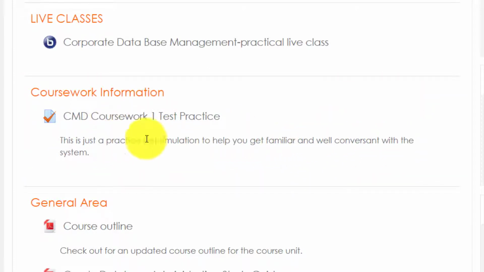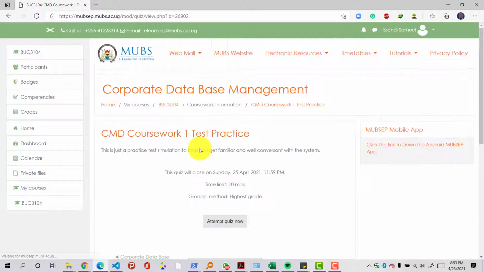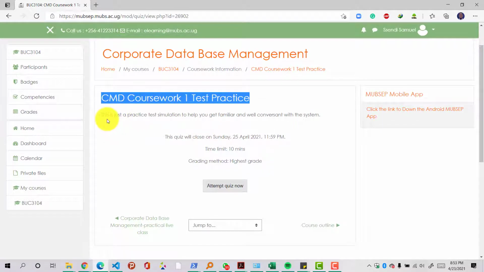So what you do if you want to take up that test when you're ready, let's say it's on Monday from 2 and you're ready on your phone or on your computer, you just come on this and you click on the test that will be available to you by your lecturer. Upon clicking on it, it's going to take you on this page, and it's going to give you the title of the coursework that you want to do, and if there's a description, you'll be able to read through the description,